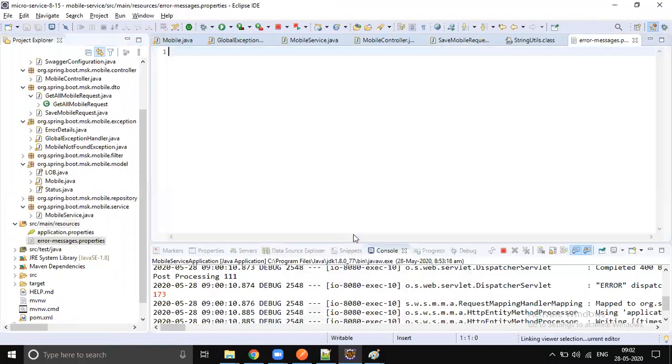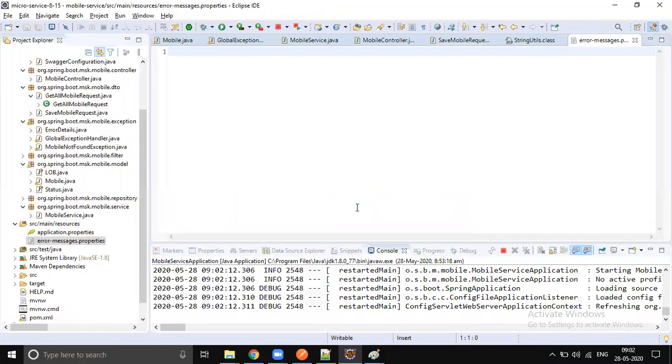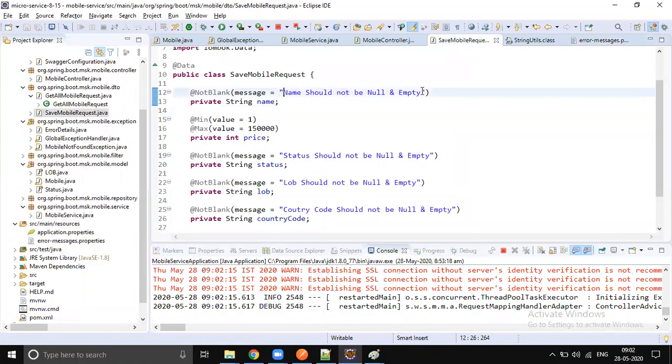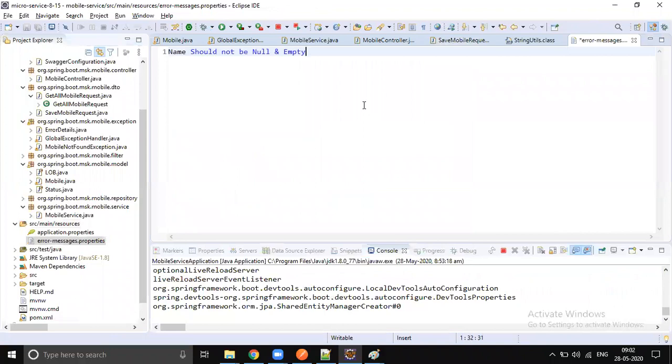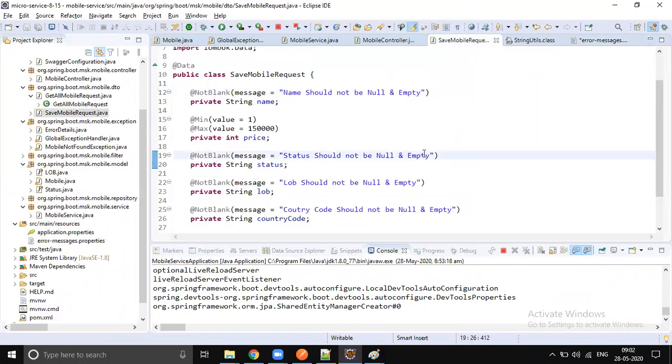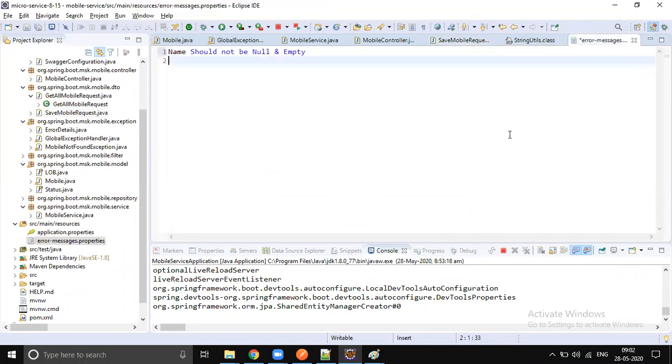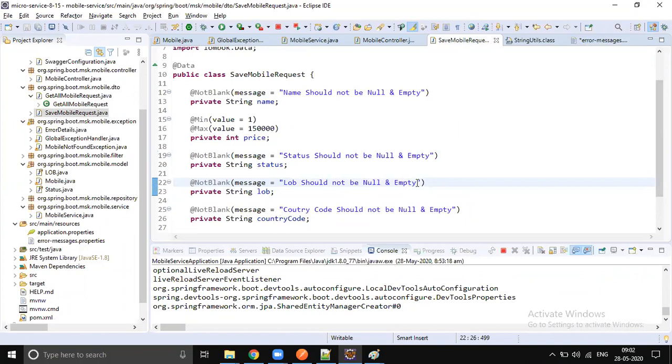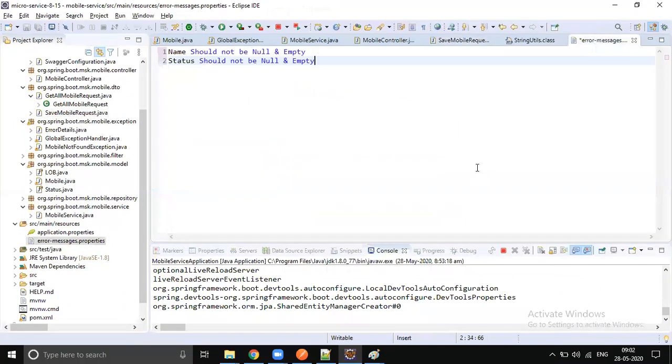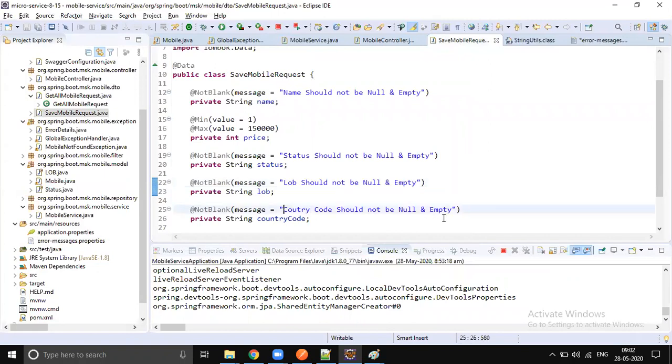There we go. So let's move those error messages here. Let's not hard code. Never do this. Good.